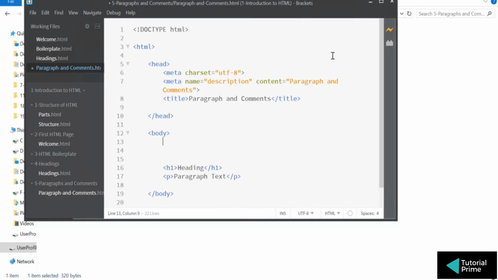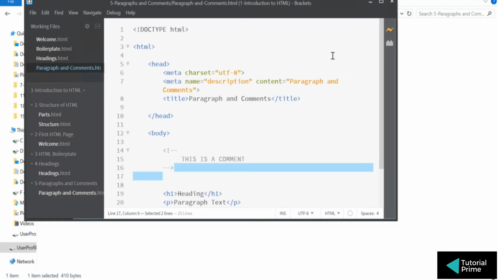Alright, so first we will learn how to write comments in HTML. Comments are not displayed on the browser. So how do you write it? You write less than symbol, exclamation mark, dash dash, then dash dash, greater than symbol. So whatever you write inside this is a comment. So this is a comment. Okay, and this will not be printed as an output, but this text is visible on the browser. Okay, what I mean, I'll show you that.